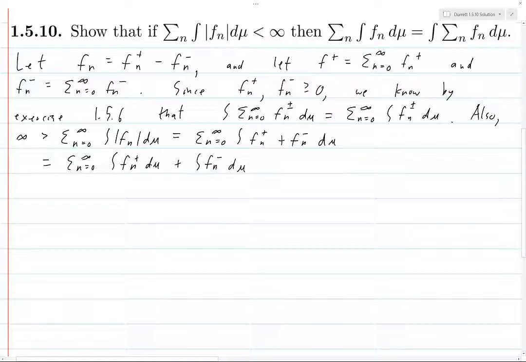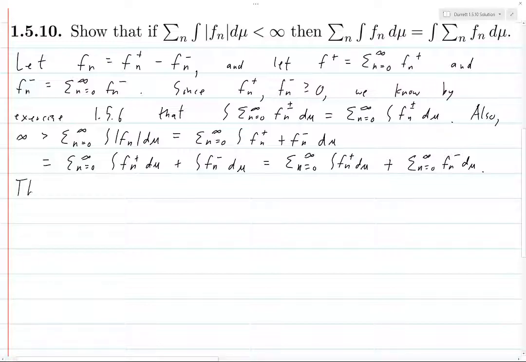And so now we're taking an infinite sum of these nonnegative terms, and so we can rearrange this sum pretty much however we want. So this ends up just being the sum of the integral of f_n plus d mu, plus the sum from n equals 0 to infinity of the integral of f_n minus d mu. Okay, so this is what we wanted to prove, because this tells us that each of these sums is finite, and that's why we need this condition. We need this sum to be finite